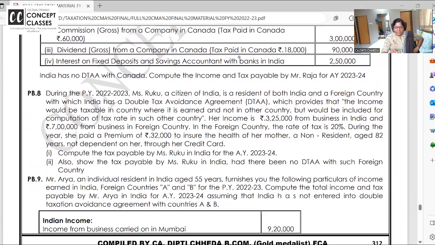Chalo. During the year 2022-23, Miss Ruku, a citizen of India, resident of both India and a foreign country with which India has a DTA. Since there is a DTA, ma'am, then relief will come under 90 and 90A, which provides that income would be taxable in the country where it is earned and not in the other country. But